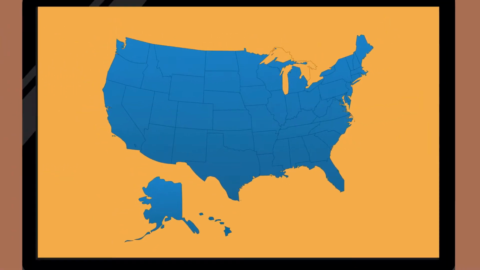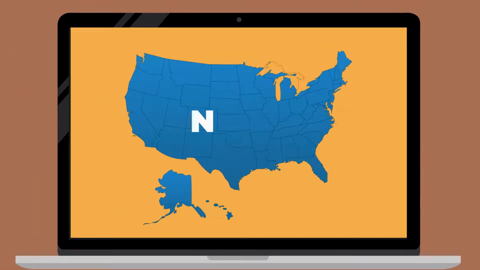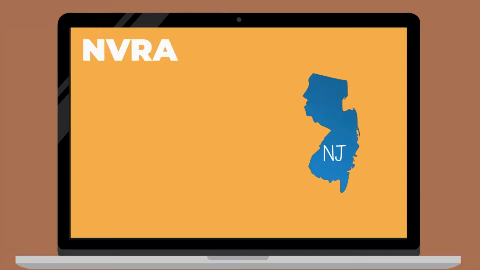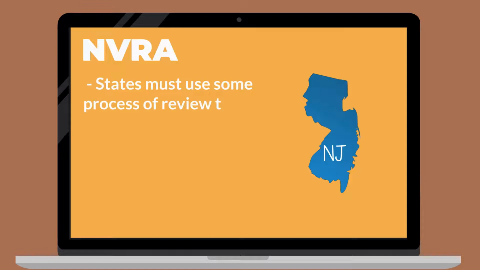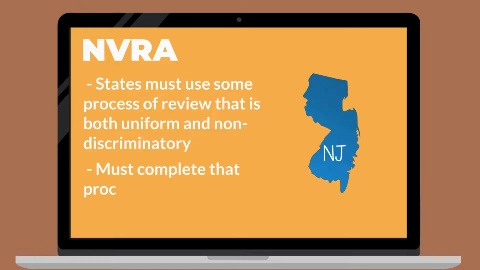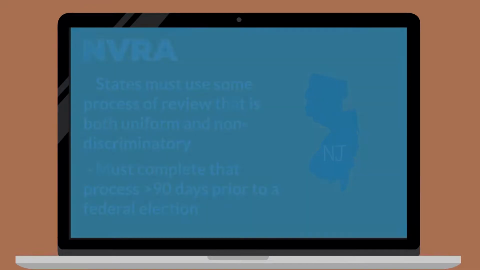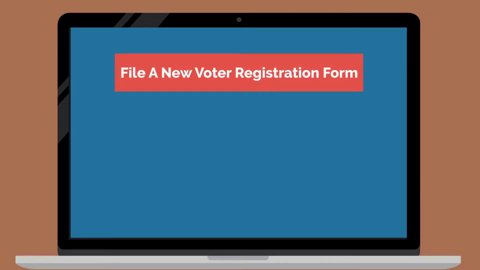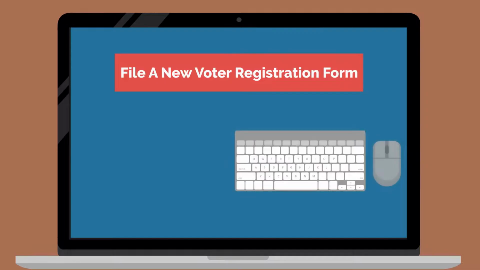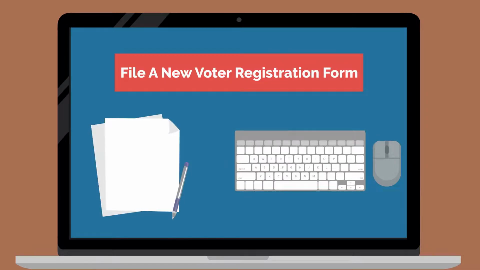While all states handle list management differently, under the National Voter Registration Act, or NVRA, states must use some process of review that is both uniform and non-discriminatory, and must complete that process no less than 90 days prior to a federal election. In the event that a voter's registration is canceled, all they need to do to regain eligibility is file a new voter registration form, either online or using the paper form, just like we discussed in the